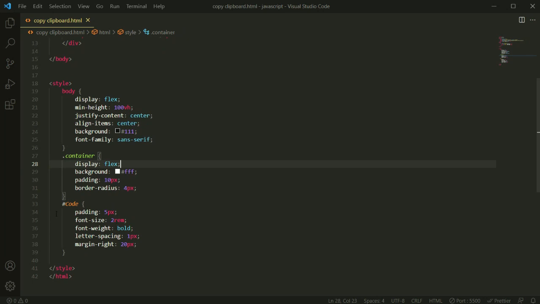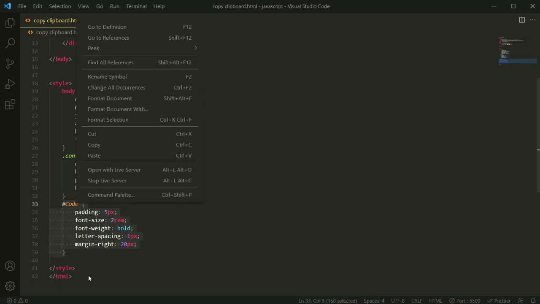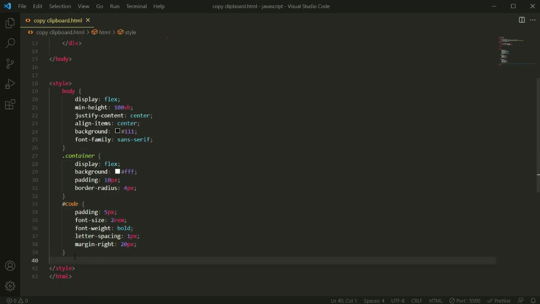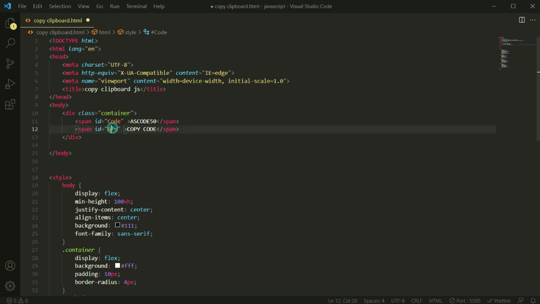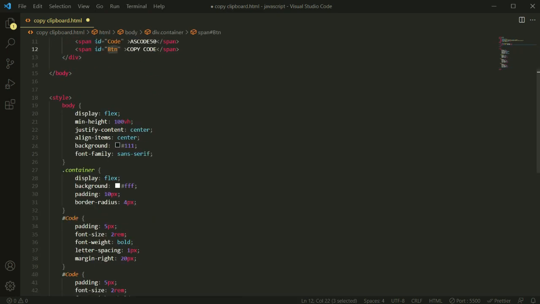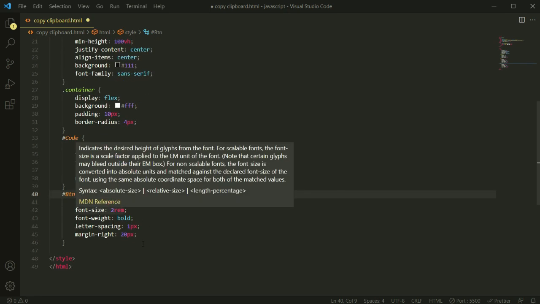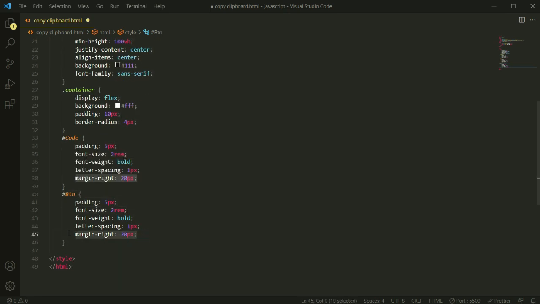So now let me style this button. Okay, let's copy this and paste it here, and now we'll change this value for this btn. Paste it. So now the padding is already here, but we don't need the right margin. Okay, and here we will add a background also.